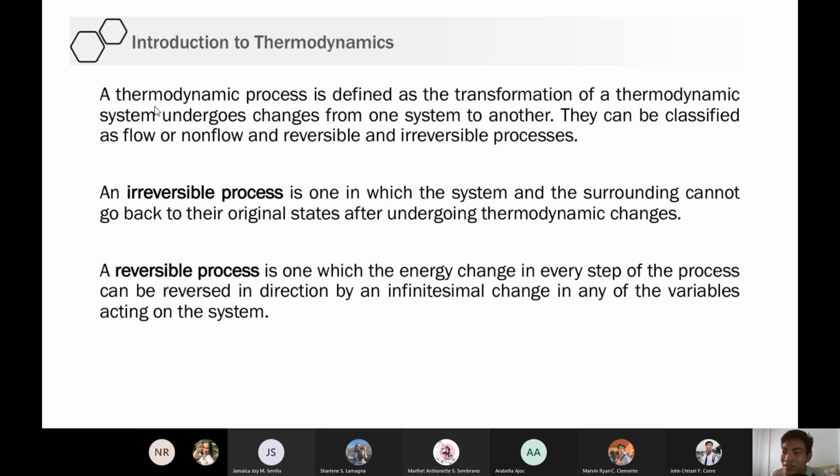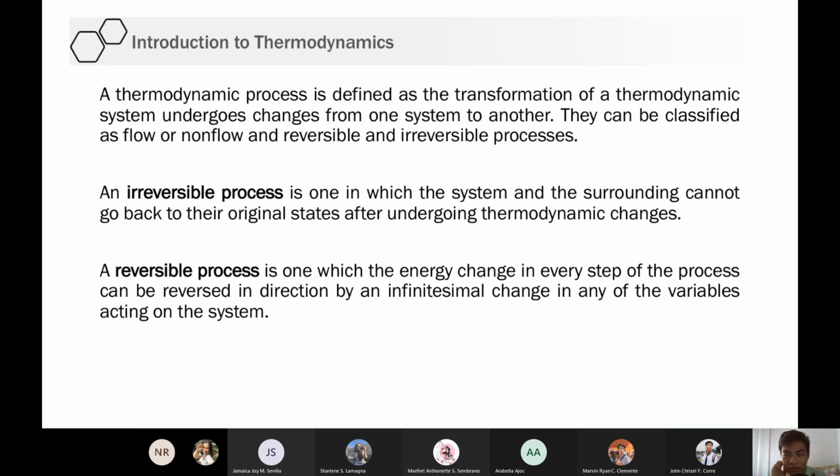Okay. So other than those terms, no, ito pa yung ibang mga terms na kailangan natin malaman. Let's talk about this. Thermodynamic processes. So basically yan yung mga changes that our matter could undergo, no. Ito yung mga proseso na dinadaanan ng ating energy. And when talking about thermodynamic processes, maraming uri yan. We have the irreversible process and the reversible process, no.